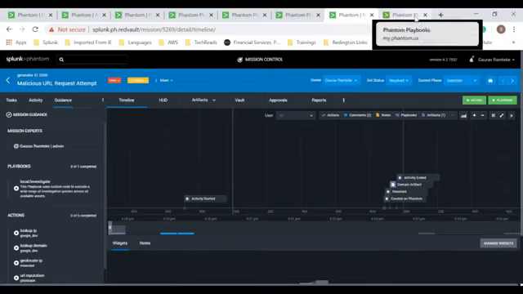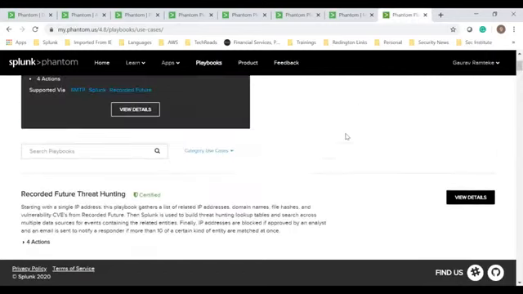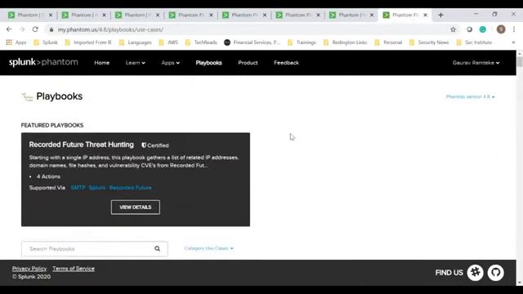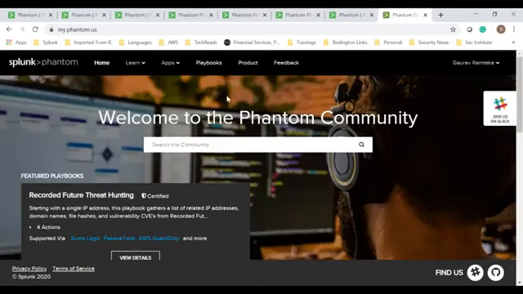Let me take you to the final part, the community portal. Any questions until now on the Phantom demo? Whatever I've shown, these are the three major components where the analyst works and the SOC environment works. You know how playbooks run, and how mission control works. So lastly, I want to talk a little bit about the community portal, where you can